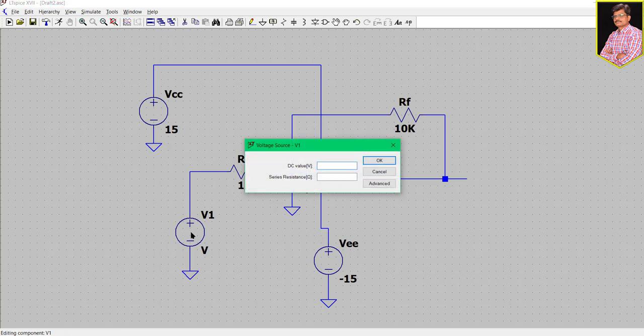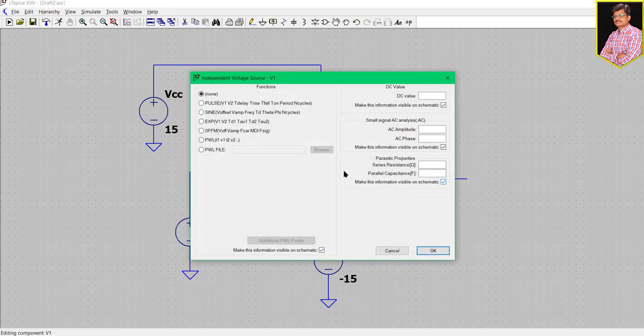Just give a sinusoidal wave of 50 millivolt and 1 kilohertz frequency. You can do it by right clicking on it and going to advanced options, and choose sinusoidal wave, and then it will ask for the rest of the details.